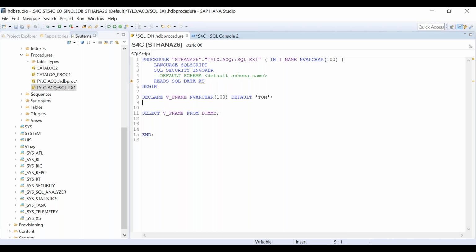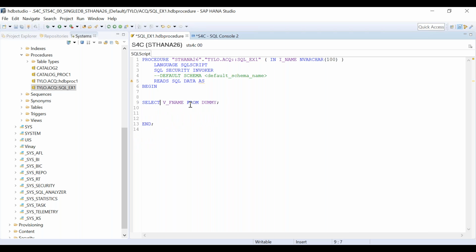Okay. Now what I want to do is, I underscore name is given by user. All right. Now what I want to display I underscore name to the end user also. Okay.